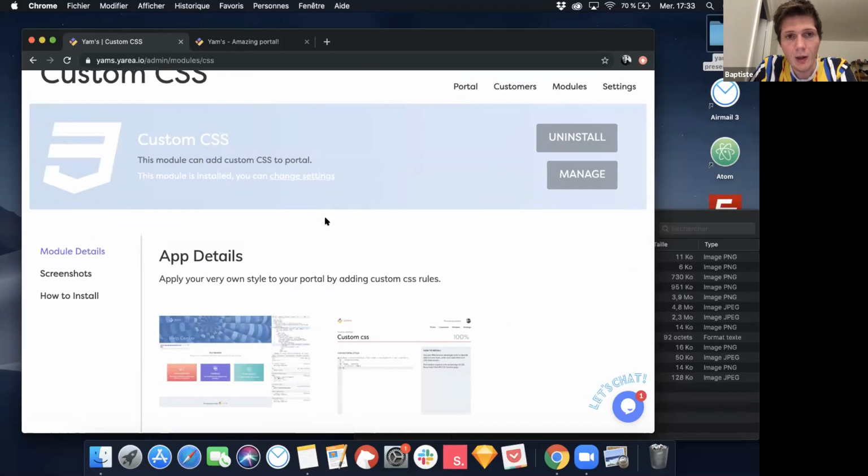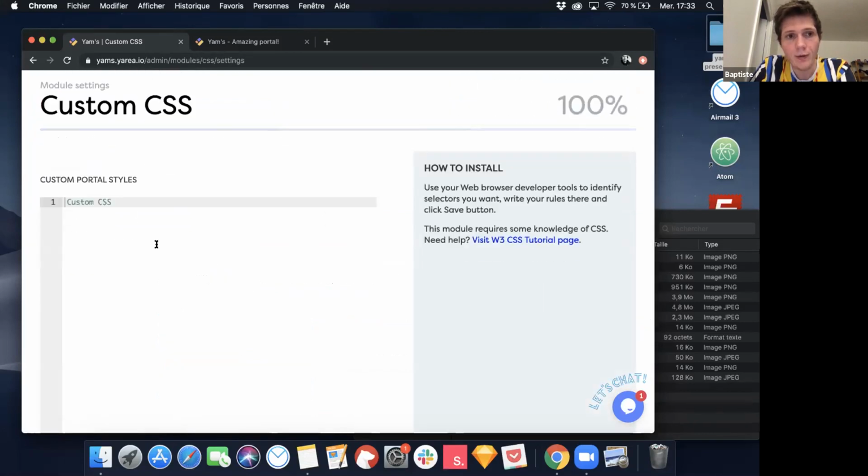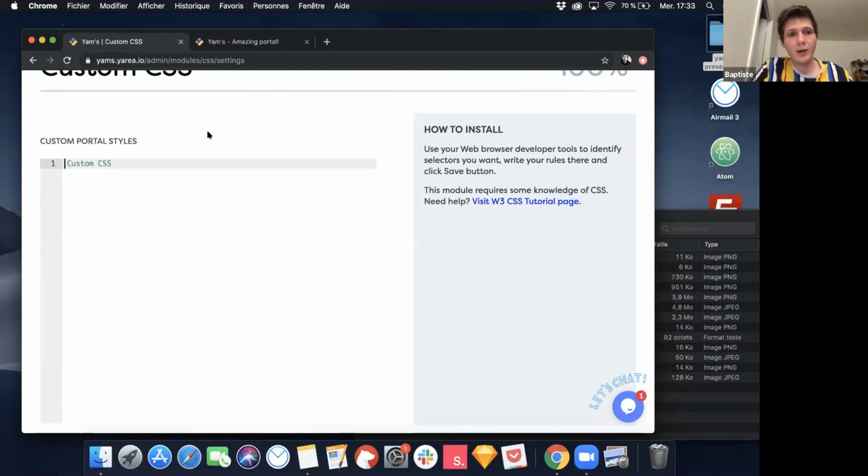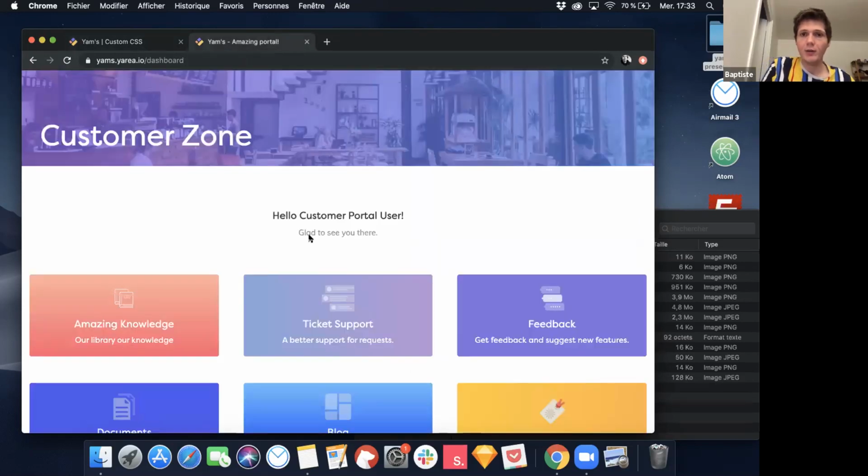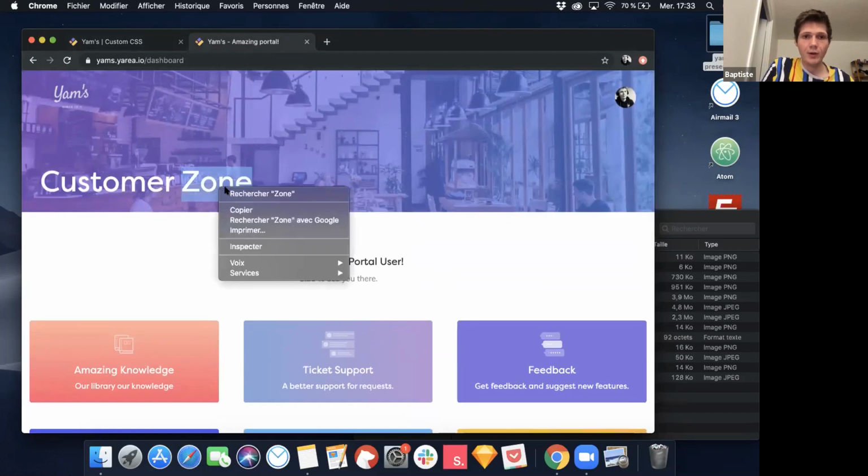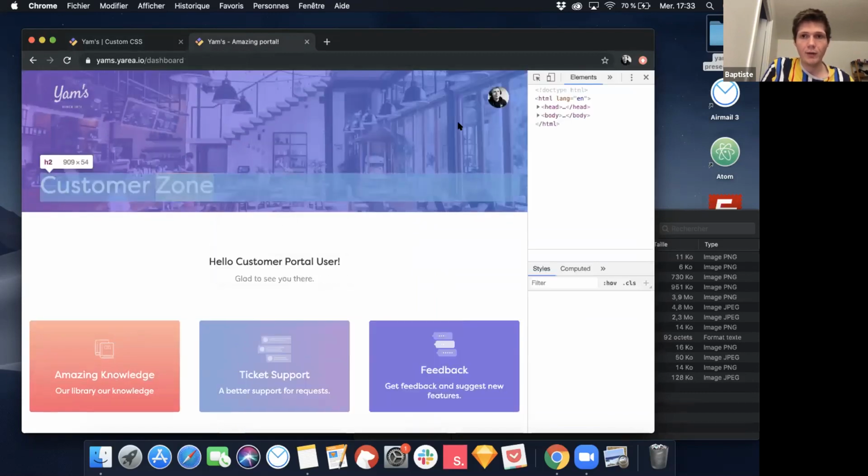This one will let you manage the style of your portal. Once you install the module, you will be able to add CSS rules right there. If you don't have the knowledge, it can be a little bit difficult, but you have the Google Chrome tools to manage it. We'll see. You can inspect your page,